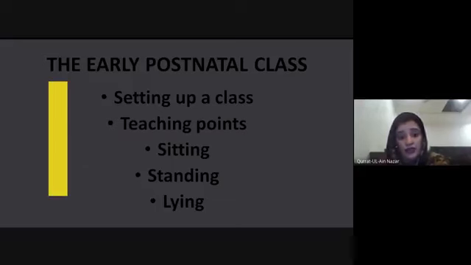The points to be covered in each position should include sitting. The sitting should be well supported, with back and perineum comfortable, with exercise in sitting for posture, abdominals, and pelvic floor muscles, and regular reference to daily activities in sitting, for example, feeding the baby, in order to minimize symptoms. Standing: stable base of support. The woman should adopt a stable base of support while standing, and she should lean against something to increase the stability of her body, for example a wall. She can also use the back of a chair too.